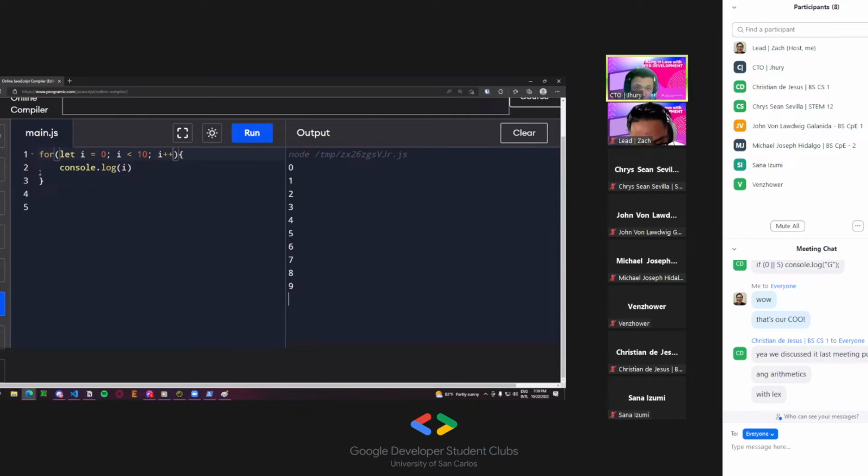Okay, so that's for loops, and then you can do anything with loops actually. You can have an array. An array is just a linear data structure that holds values, similar to a list. It's just a list, literally like a list. So let me name my array ARR, and then we'll have